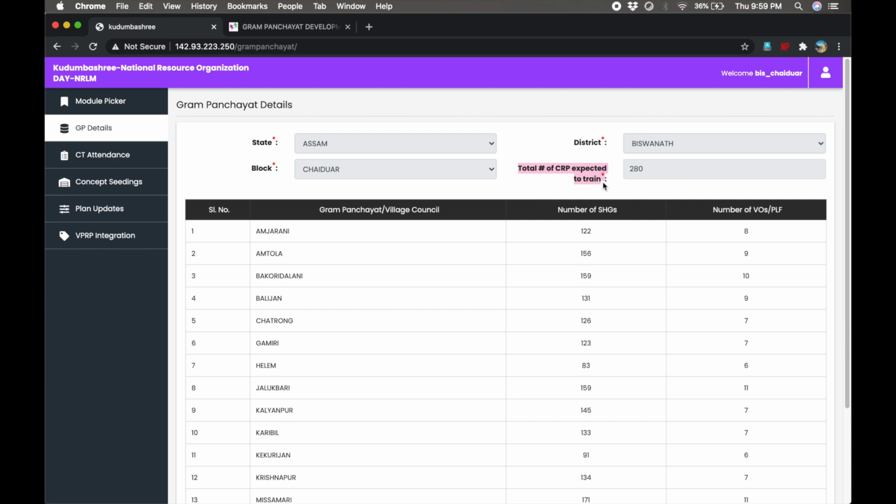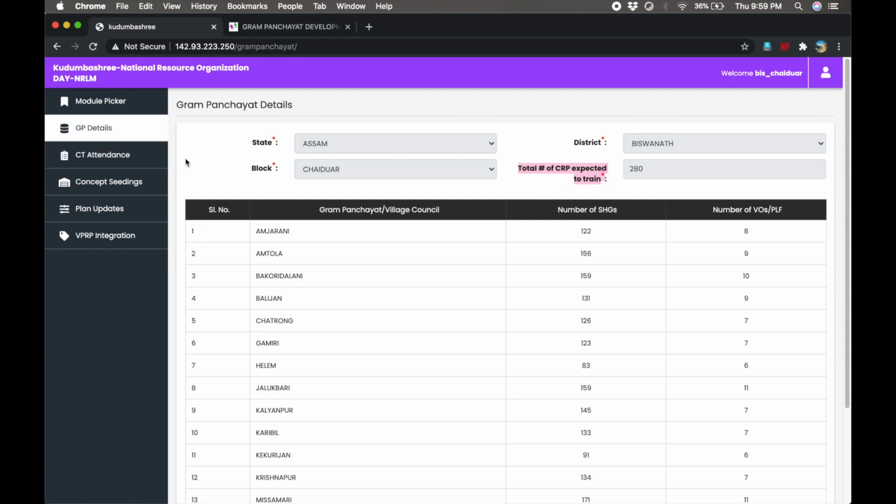Please ensure that within 2 days of the launch of MIS, this data is corrected and sent to the state nodal person who can change it in the VPRP MIS of the state login ID, which will later be reflected onto your screens. If you fail to correct this number within 2 days, this number stays on and will be the denominator based on which the performance will be tracked.